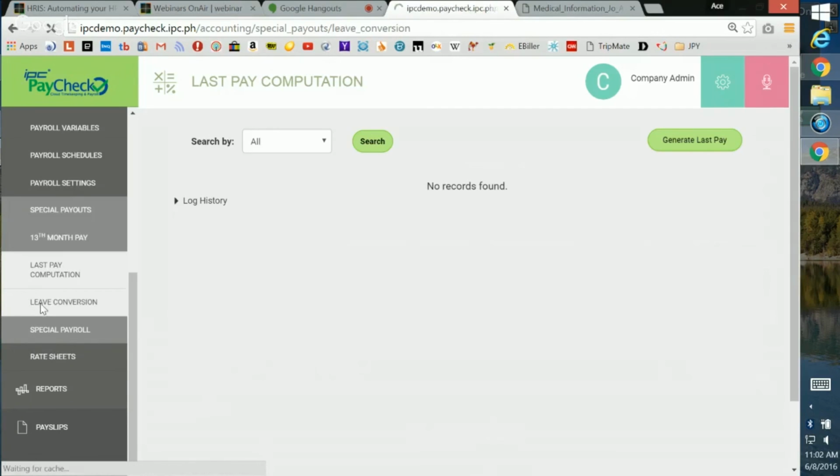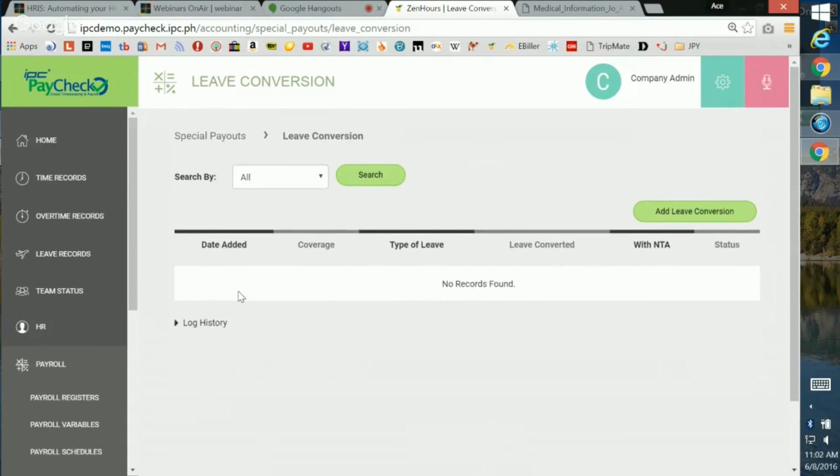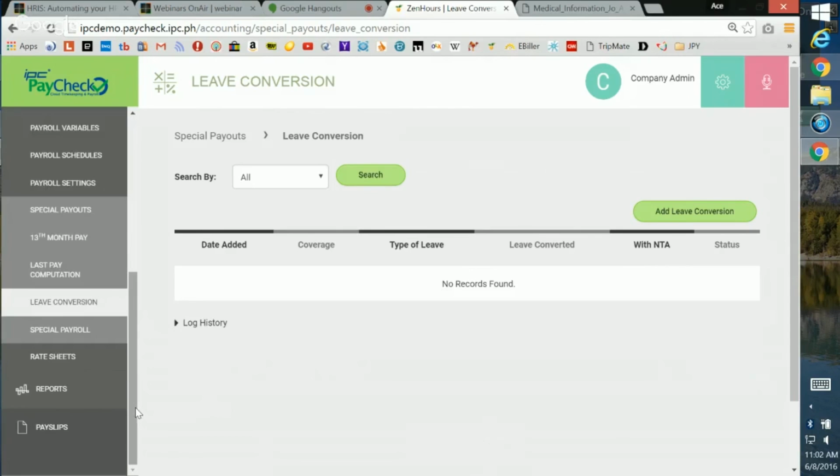Now, when you talk about leave conversion, for example, leave conversion has something to do with the annual refresh of all the employees' leaves. Okay. At the same time, you can also do a special payroll wherein,